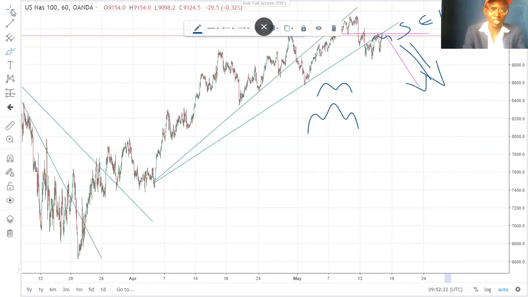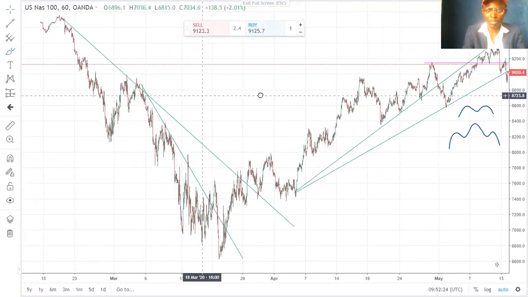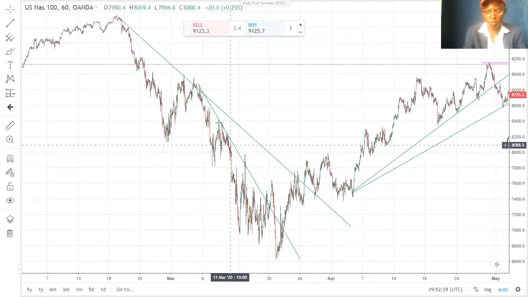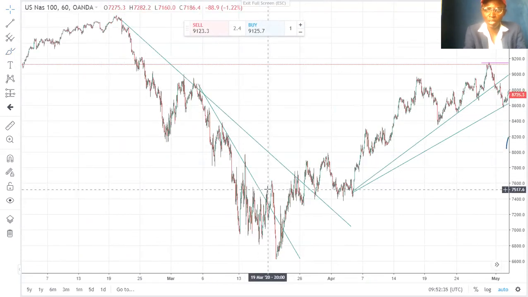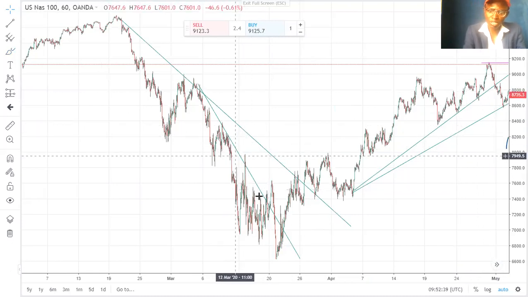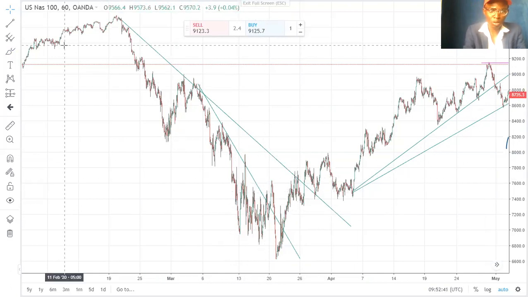All right, let me just show you something that happened in the past few weeks. As you can see here, I have my trend lines drawn, two of them. Nasdaq is always in the same trend. Here are double trend lines, and here also are double trend lines. So I was expecting a drop there, but anyway, it's fine.